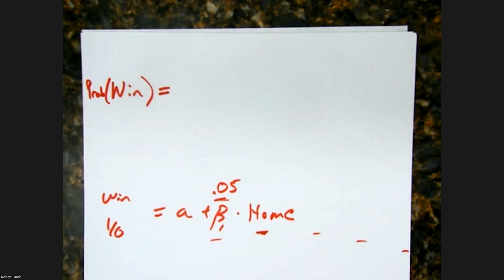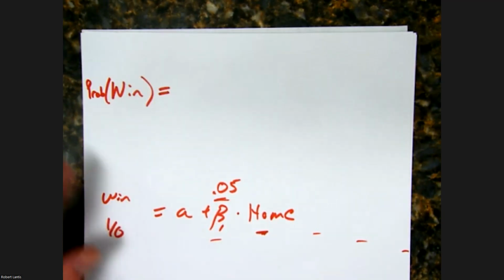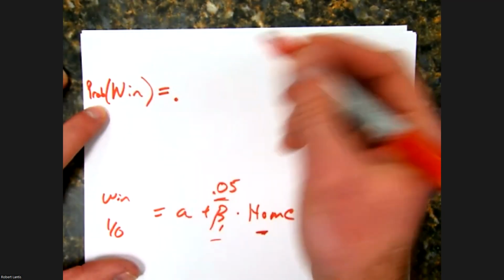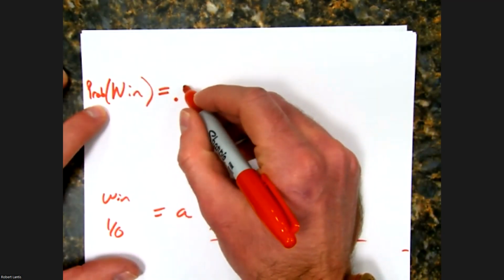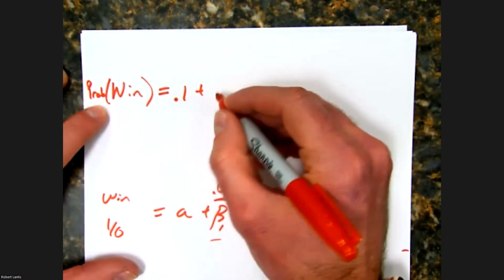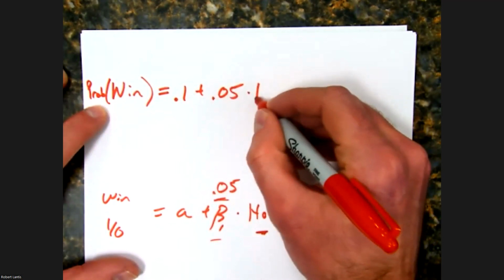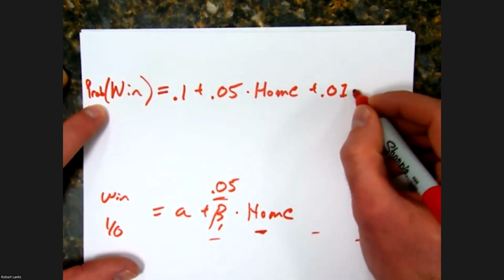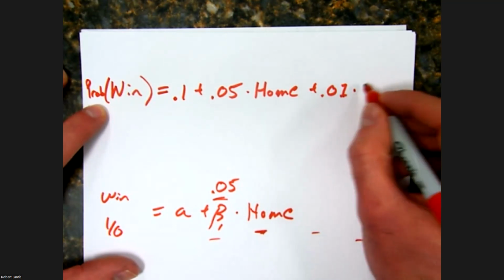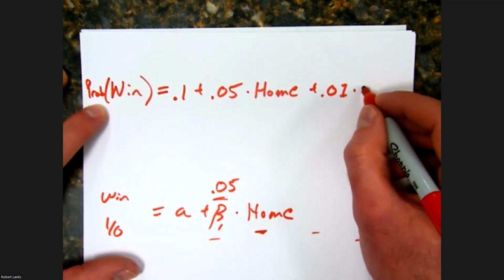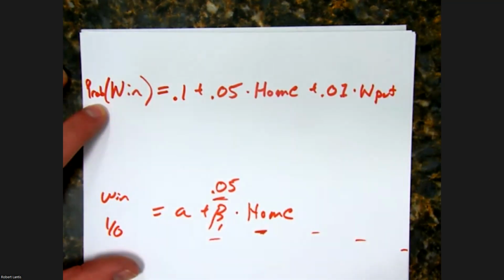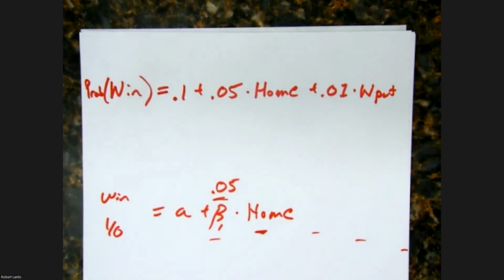That's what the sportsbooks are doing to come up with this prediction for the probability they actually win. So the constant is probably going to be pretty low. There's no reason to believe it's going to be any specific value. Maybe the coefficient on my home variable is 0.05. What's another thing we could do? We could use the current win percentage of the team, which increases the probability they win the next game. Like all these different variables, and we could come up with this prediction. That's essentially what they're controlling for.